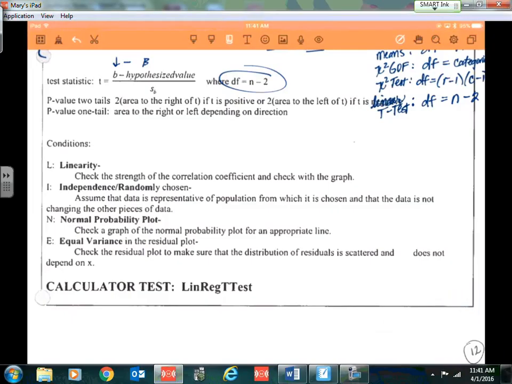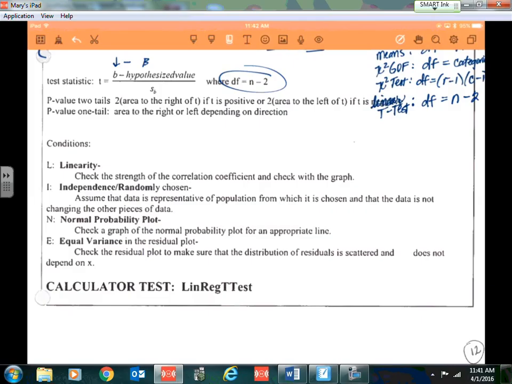Page 12 in your packet, so let's go ahead and take a look at that. The other day when we did this page, we left off at the assumptions, and so that's what we're going to go over today. On the bottom of page 12, it has written down those assumptions. They are very different from the random, independent, and large enough,